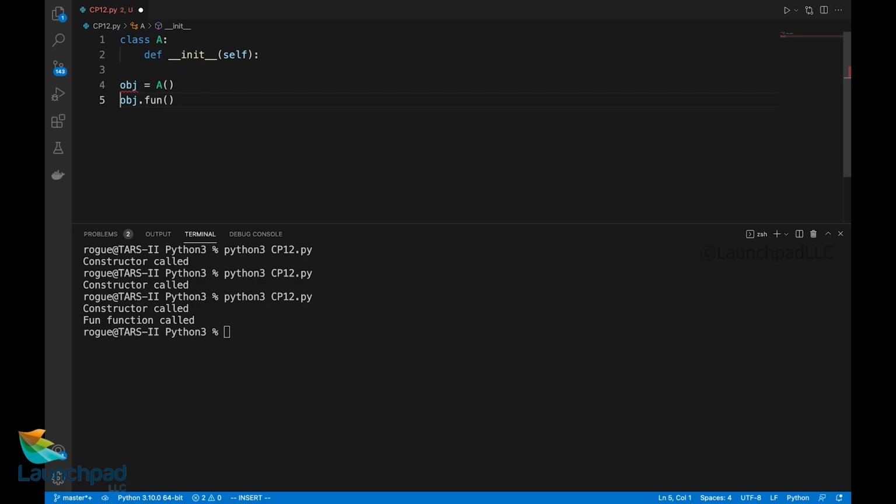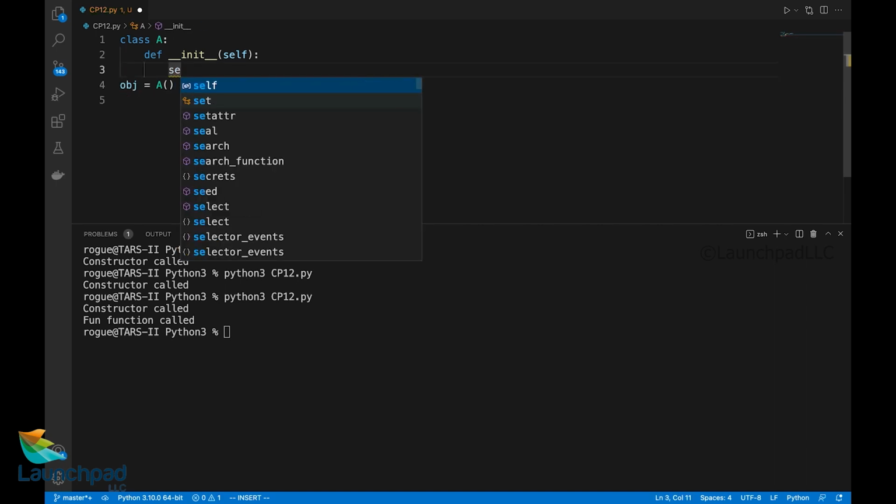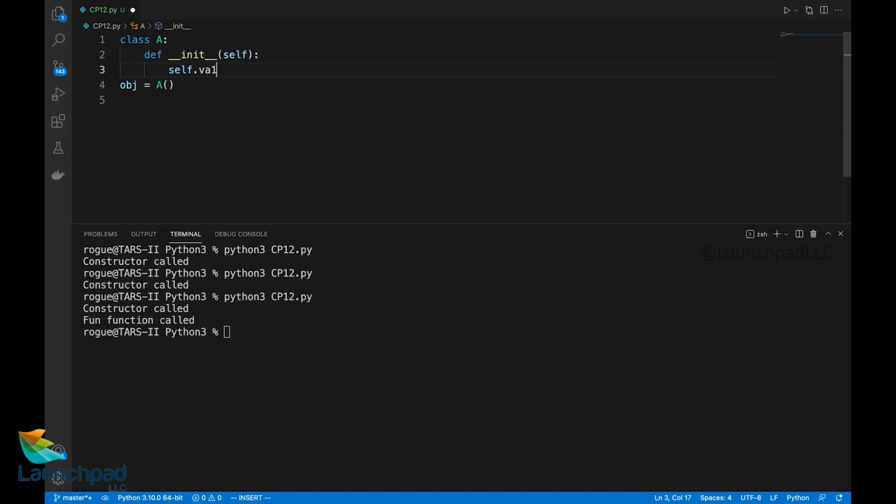To add a little more detail, let us talk about having some member variables. In order to have a member variable, self.var1 is equal to variable 1. This is the variable 1 I have.